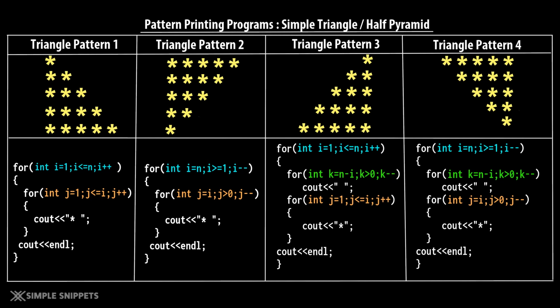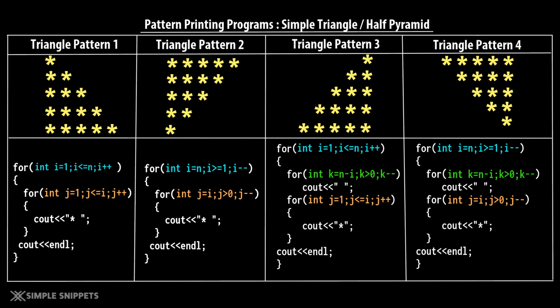Now firstly, we'll understand and try to analyze this pattern, that is pattern 3 and pattern 4. Then we will dry run it to understand the for loops and the conditions inside the for loops. And lastly, we will also see the C++ program. So make sure you watch this video till the end. And if you're using any other general purpose programming language, this for loop will work over there as well. That is the conditions, only the syntax will change. So with that being said, let's get started.